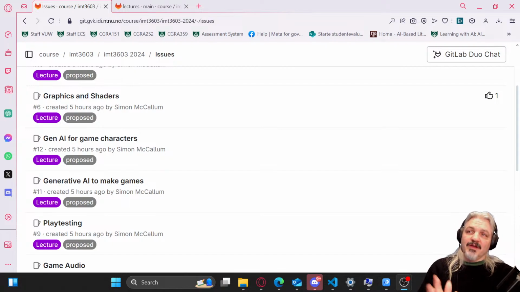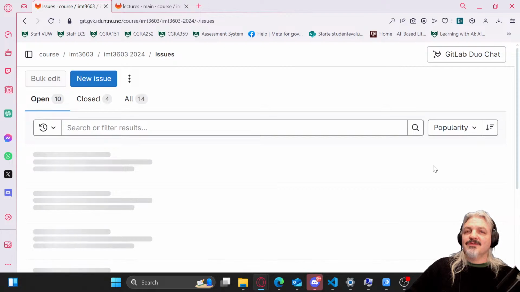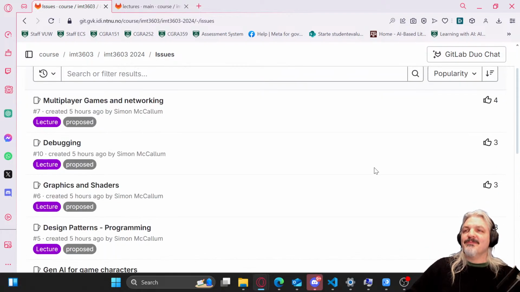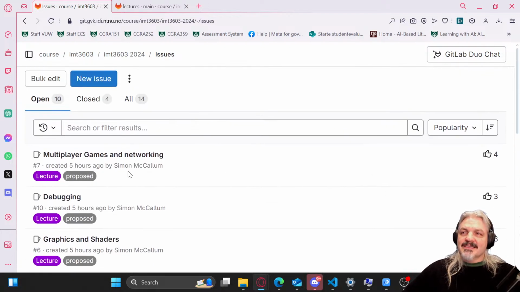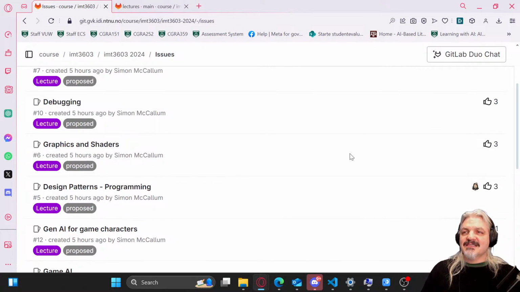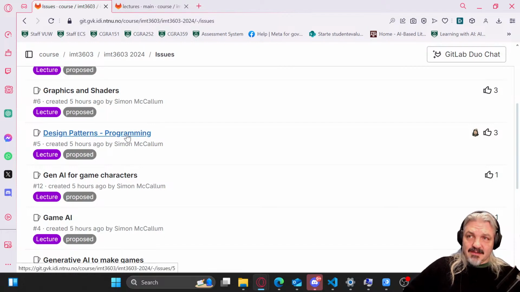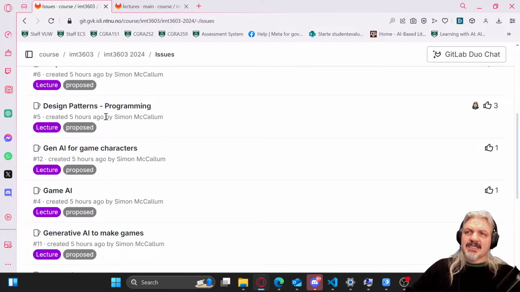So what I was just saying here is that we're going to be voting for these topics, and we currently have 2 people who have voted. Do we have any more votes coming yet? Oh, yep, 4 and 3. Okay, so I can see that multiplayer seems to be quite popular. Debugging is quite popular. Graphics and shaders is quite popular. Another lecture on programming patterns rather than the design patterns would be interesting, particularly game programming